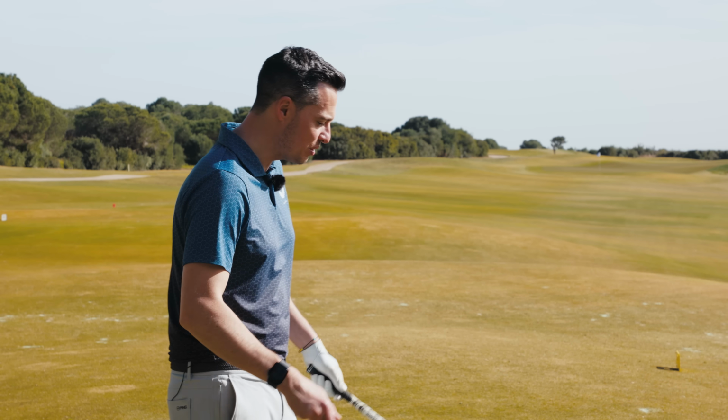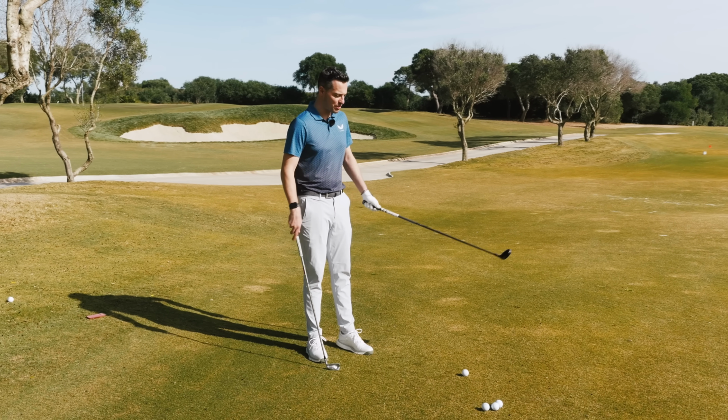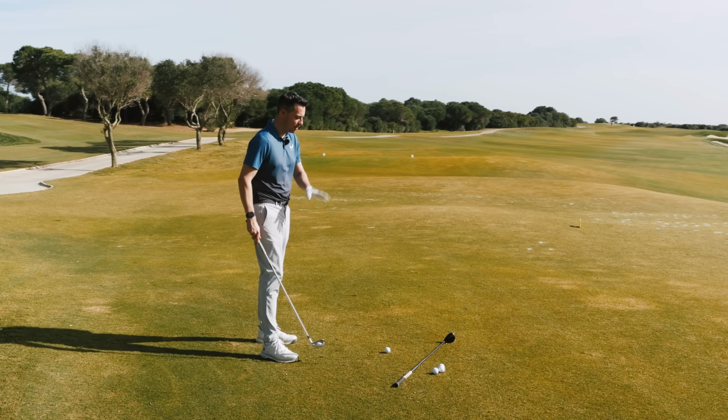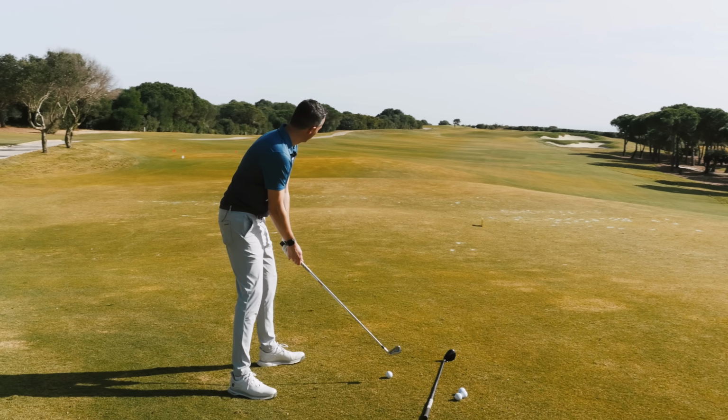But before we get into the data and how they actually compare, let's just hit a couple of shots with each, or maybe one shot with each, to see exactly how they compare. Maybe we'll start with the 4 iron first. So remember, these are exactly the same loft, slightly different shaft settings, but hopefully we can see the